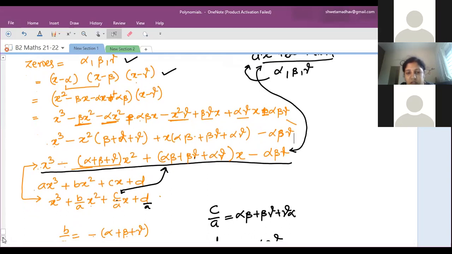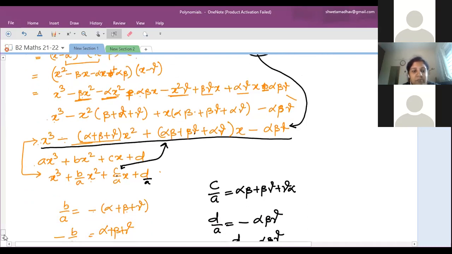Excuse me, ma'am. Yes. Ma'am, when we compared the polynomial that we got from multiplying with the general form, we took ax cube plus bx square plus cx plus d. But in the general form, shouldn't there be alternating minus signs in between, like ax cube minus bx square? No, if it is plus, then the values of b, c, d will change accordingly. Otherwise there is always confusion. We are not supposed to create that confusion. Ma'am, so when we are framing the polynomial also, we should use a plus sign for all? That matters on whether you are finding it in terms of this or doing it this way.